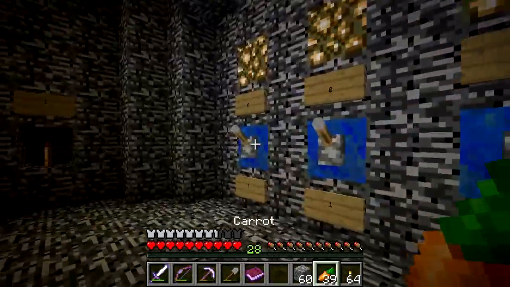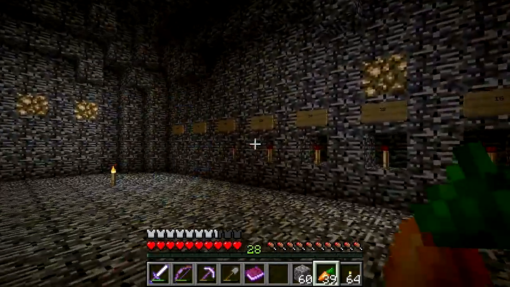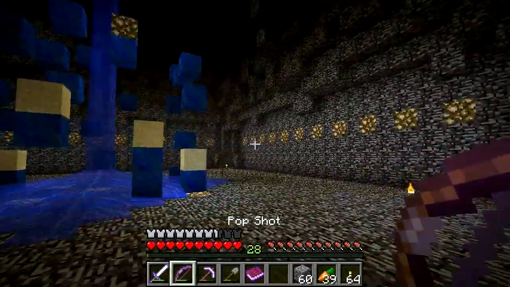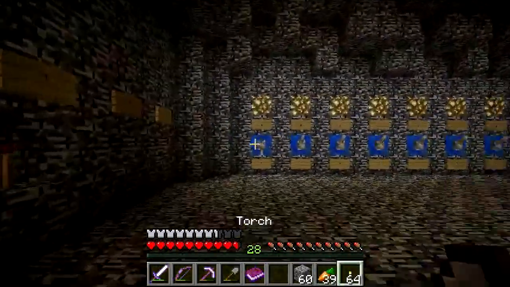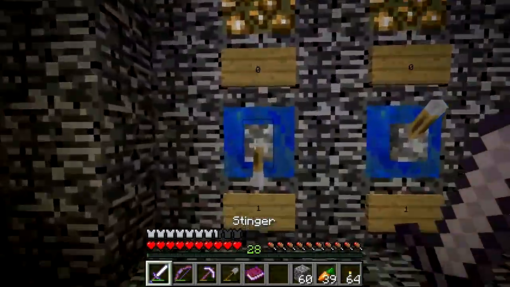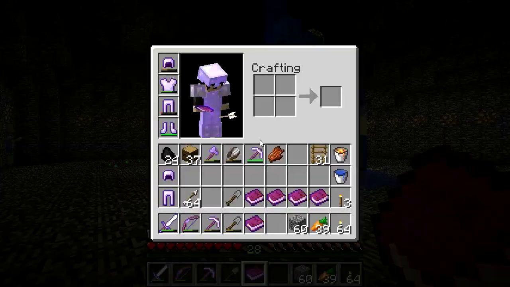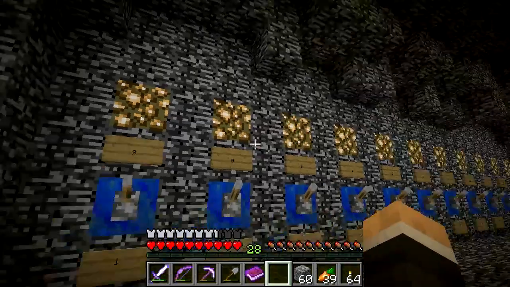So let's just try and turn one on. Which one did that activate? The end one? Sure did. I'm trying to think here. Here we go. So we know that these activate those redstone torches now. So what does binary page 1 say? 1 and 0? 1, 1. Okay. So